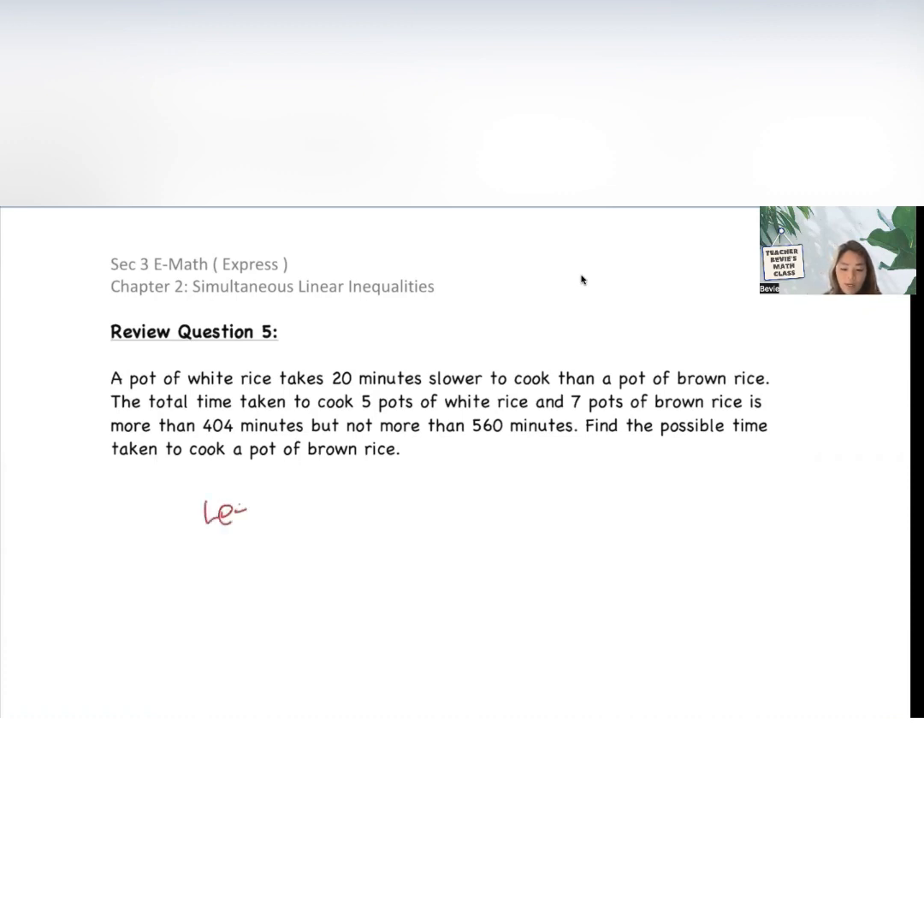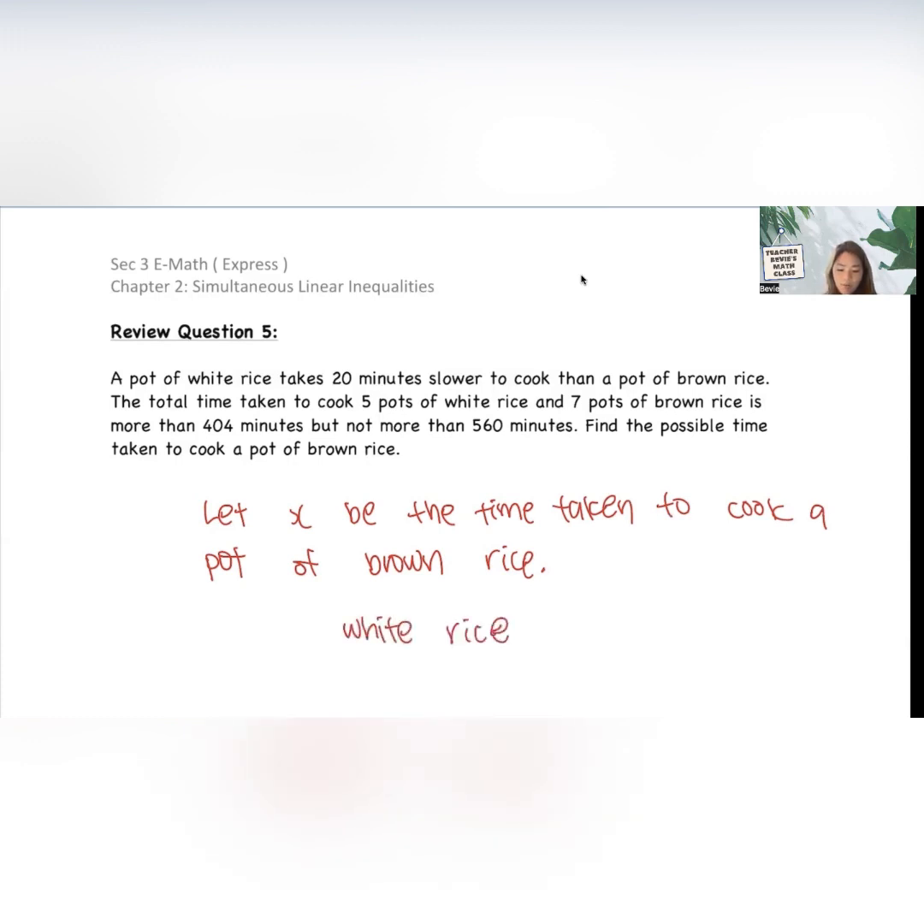Therefore, I will let X be the time taken to cook a pot of brown rice. So if X is the time taken to cook a pot of brown rice, the time taken to cook a pot of white rice will be X minus 20 minutes. All right, so from here, I can form an inequality for 5 pots of white rice and 7